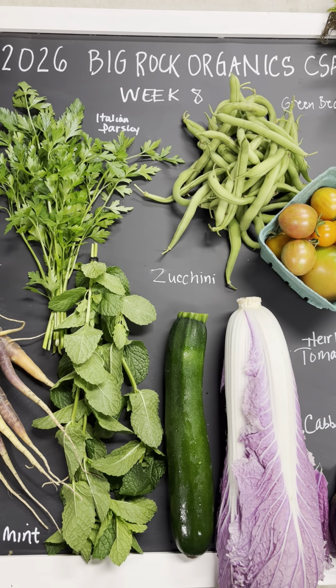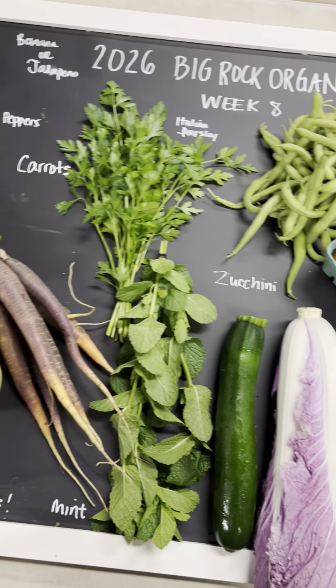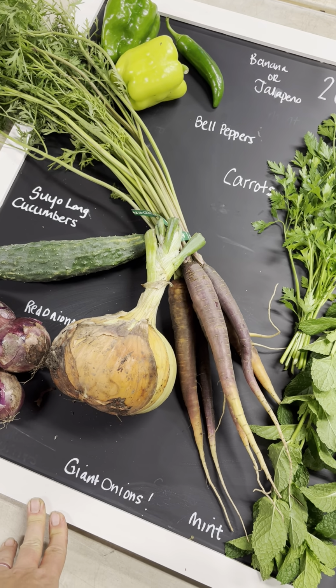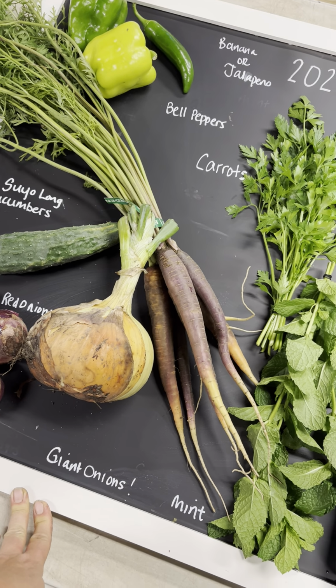And the flower fields are exploding. So if you haven't heard about our U-Pick, we are offering U-Pick flowers Thursday, Friday, Saturday at Esther's place, and